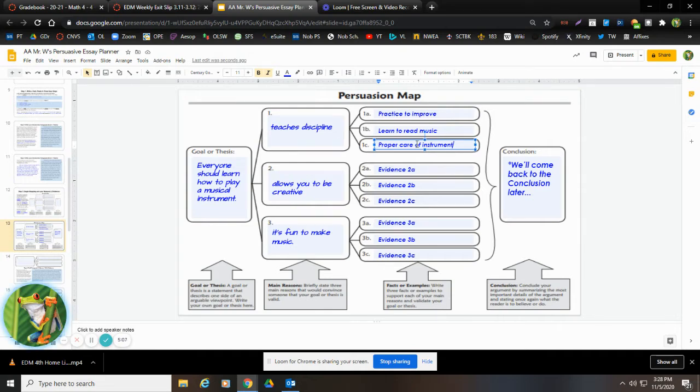So these examples kind of reinforce my reason, which helps reinforce my thesis. So now I need to think of 3 more examples that help my thesis, but they have to tie into being creative. Now, how can playing a musical instrument show your creative side? Well,